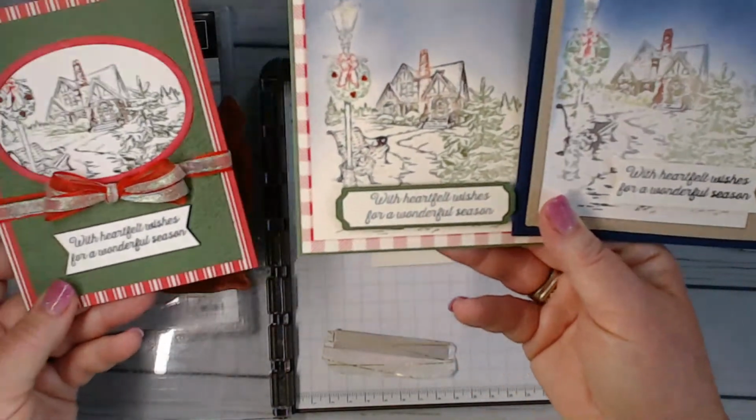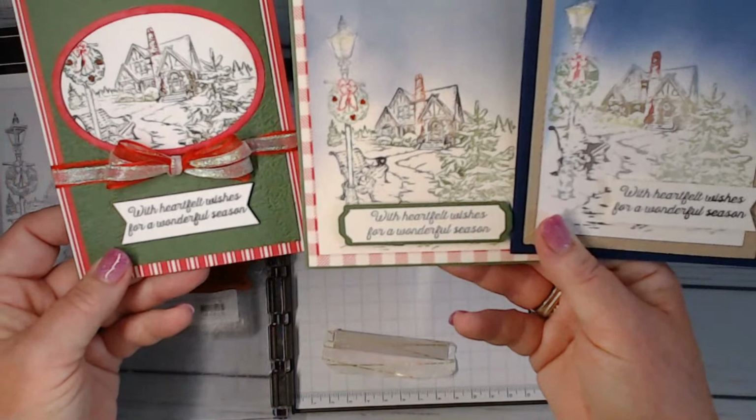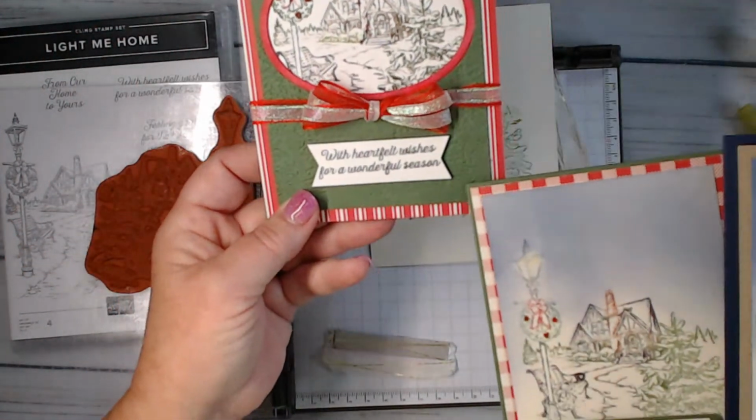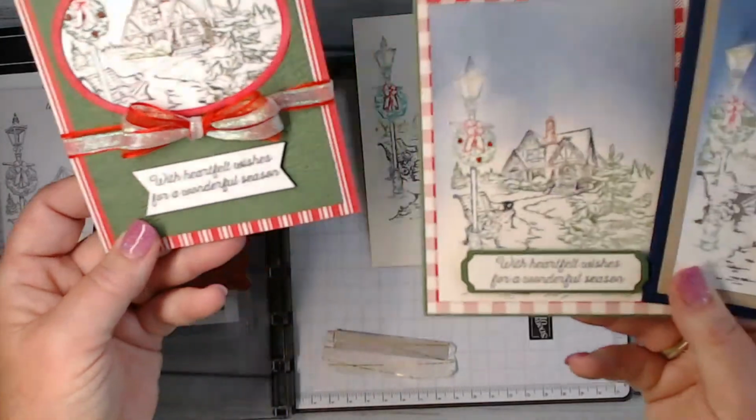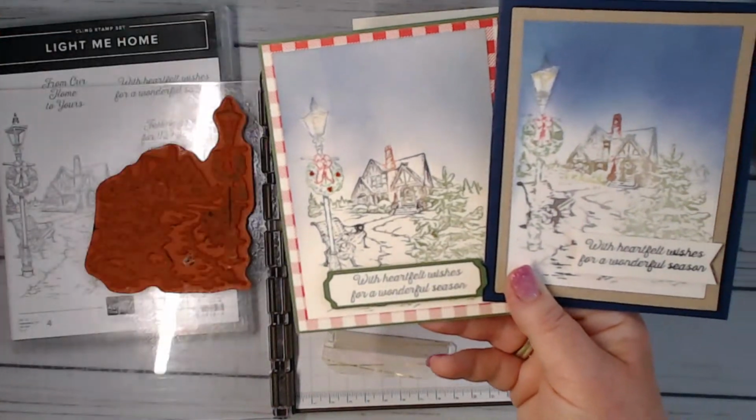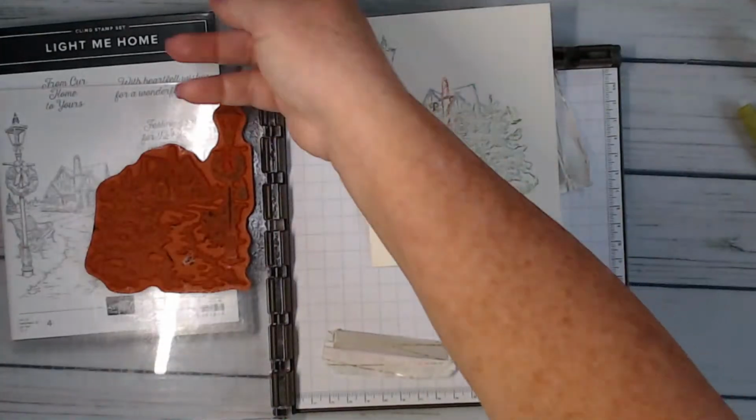Okay, so it just depends on what you're doing and what you're looking for. This one is pretty bold, and I just used the embossing folder there, but we're going to create the cards with these panels on Tuesday. But if you look,